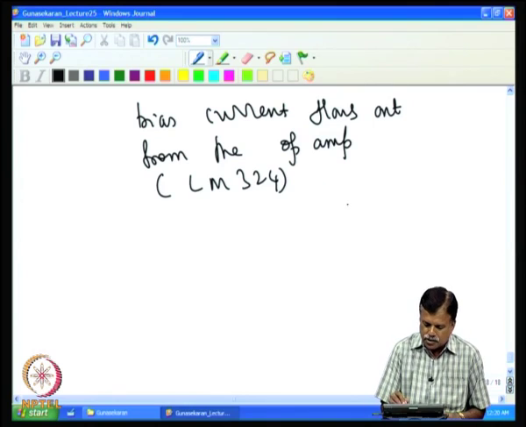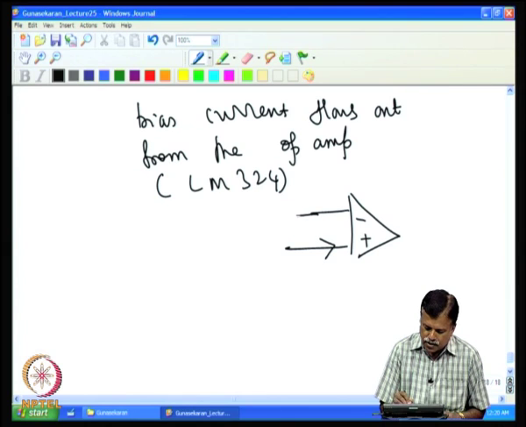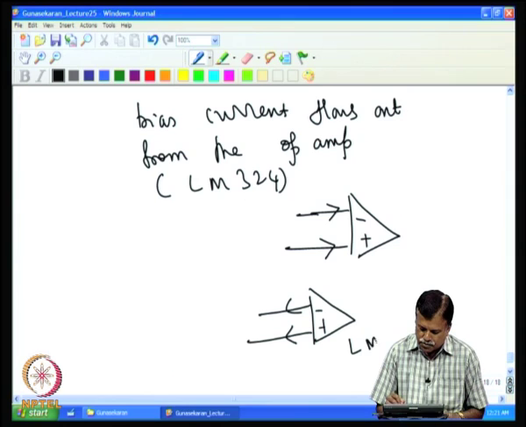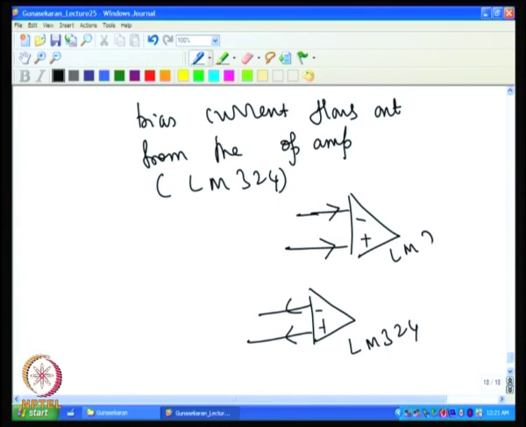So, the direction of the bias current depends on the type of the op amp. It may be flowing like this, or it may be the other way around. You may have minus plus, and the bias current may be flowing out like this. For example, this is LM324, this is LM741. Now, the question is, what is the problem with this bias current, because bias current is an essential one,